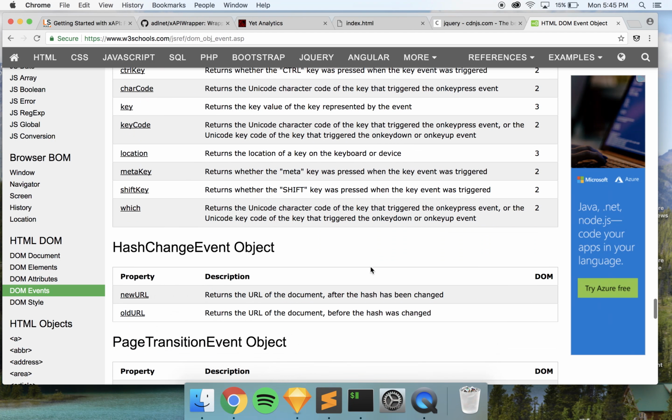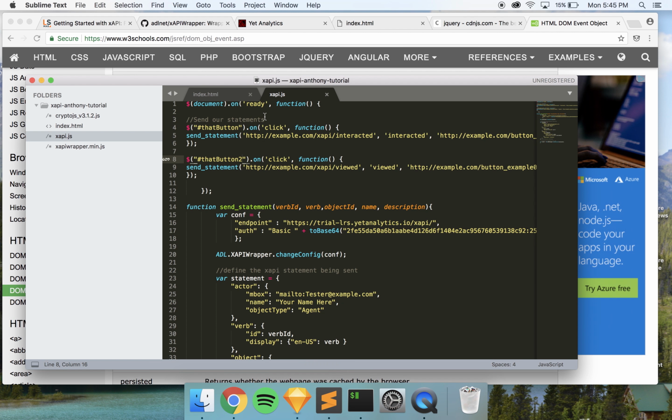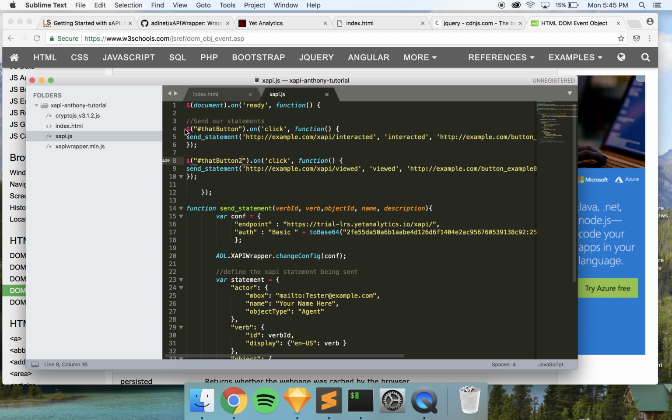So just once you have this document, it's really easy. All you have to do is write these events here and basically create whatever you want your statement to send. So it's pretty simple and easy, and I just wanted to give you guys another way